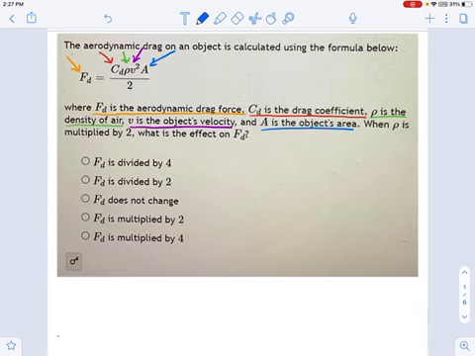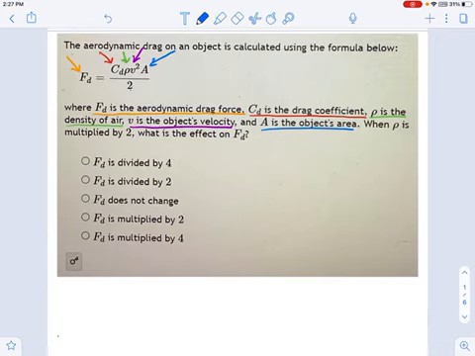If you think about this conceptually, imagine the drag force, the amount of wind you're feeling on you. That's going to increase as the density of air gets thicker, right? That makes sense. If air were as thick as water, it would hurt a lot to have it blowing 50 miles an hour on your face, right? But air is not as dense as water. It's pretty thin. So it's uncomfortable, but you can deal with it. You can stick your head out the window of a car and not lose your head, right? Whereas 50 miles an hour of water, that would be a different story.